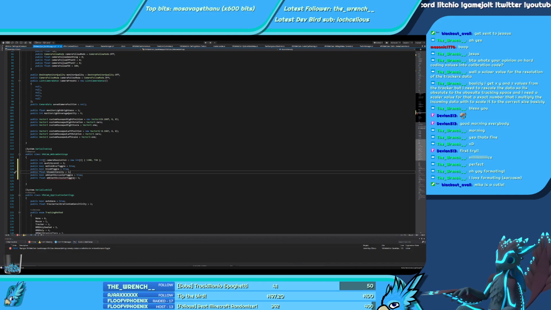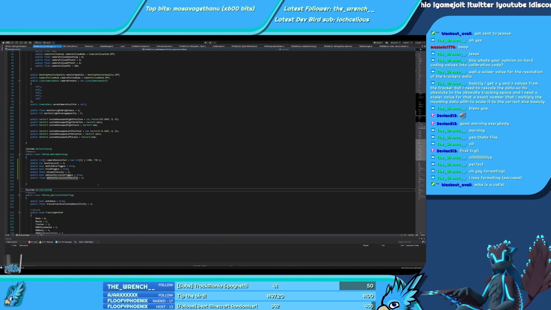There you go. So these are the more general settings in terms of the camera, like how it looks, resolution, the quality level, and then the post-processing effects. That's pretty much all you need to adjust the camera settings.